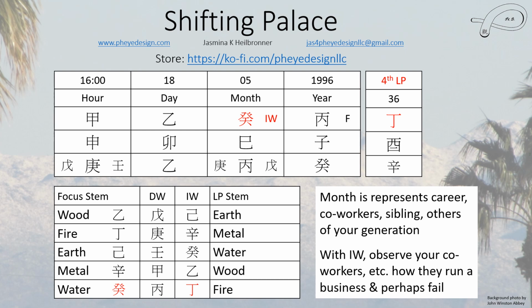So you want to be talking to them about how they're running their business. Don't ask them detailed questions about what the product is, because they may think you're trying to steal their idea. Ask them things like, what is the biggest challenge in running your business? Or how hard was it to start? How did you decide to run, let's say, the LLC? Why did you choose that for your business model or your business type? Because there's several things you can do. One is sole proprietor, but that involves its own things too. So people choose different things, and it depends on their situation. So anyway,